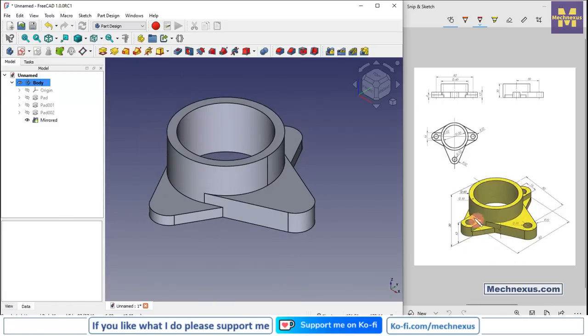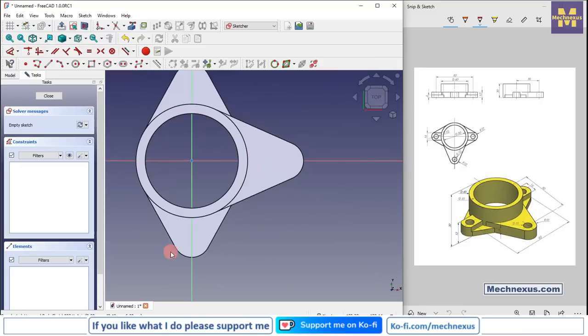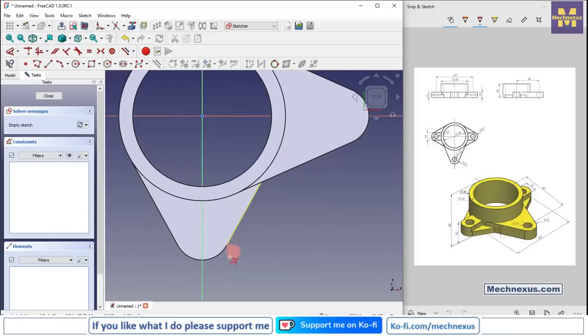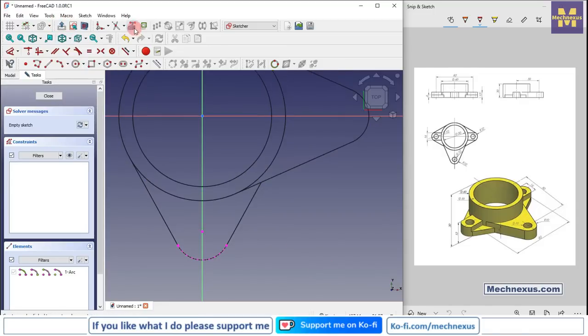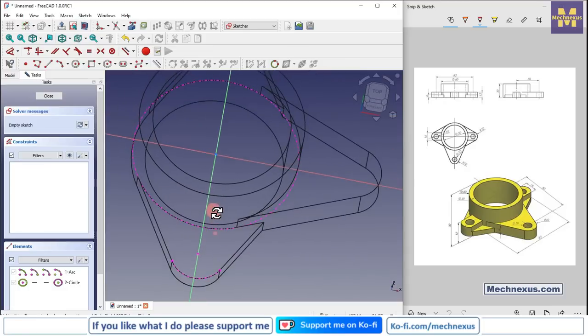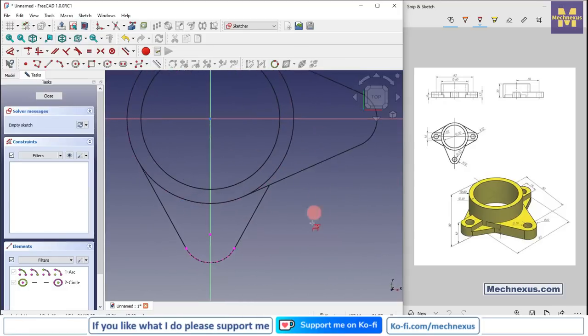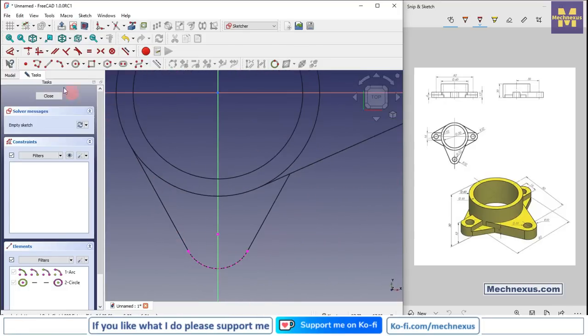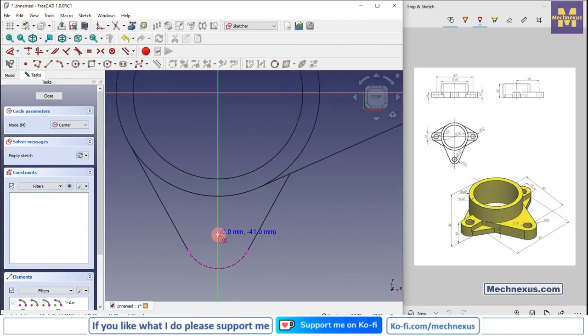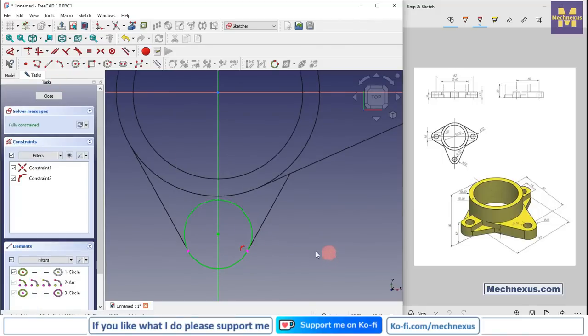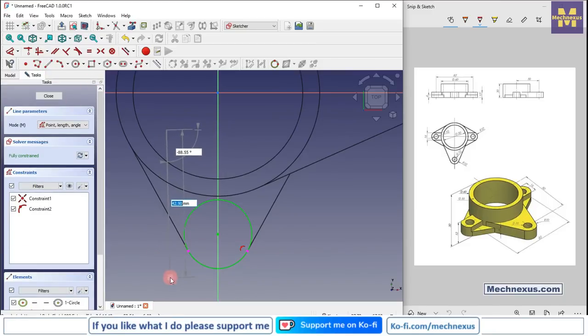Now we will create this pad here. So for this I will select the face and click on the sketch. I will click on project geometry and project this arc, and I will switch to the wireframe view, and I will again project this diameter. Now I will create a circle equal to our projected arc, and now I will create two vertical lines